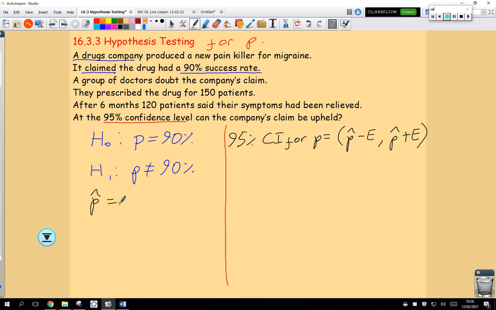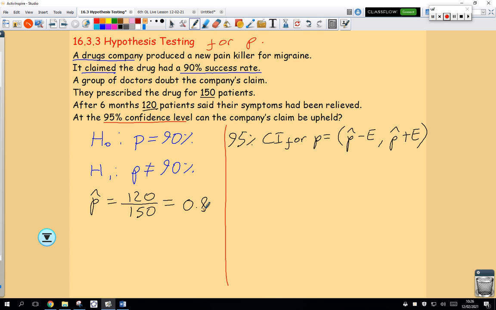what are we going to do? Well, we're going to look at our sample. To find P hat, we're going to look at our sample. There was 150 patients sampled, and 120 said their symptoms had been relieved. So a proportion of people who had relief from this drug is 120 over 150, which is 12 over 15, which reduces to